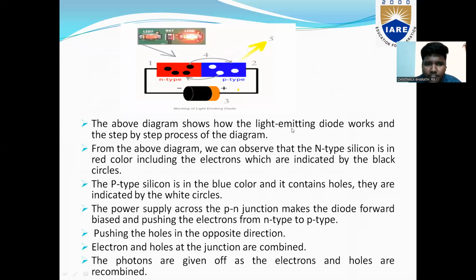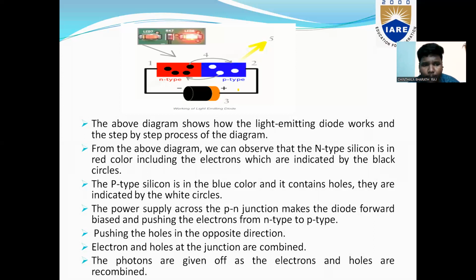The above diagram represents the working of the light emitting diode. We can see that the red color denotes the N-type and the blue color is the P-type, and there is a battery connected negative to positive. The above diagram shows how the light emitting works, step by step. From the above diagram, we can observe the N-type silicon is in red color, including the electrons,